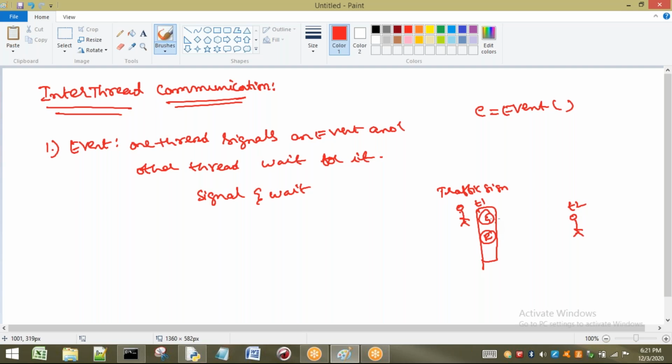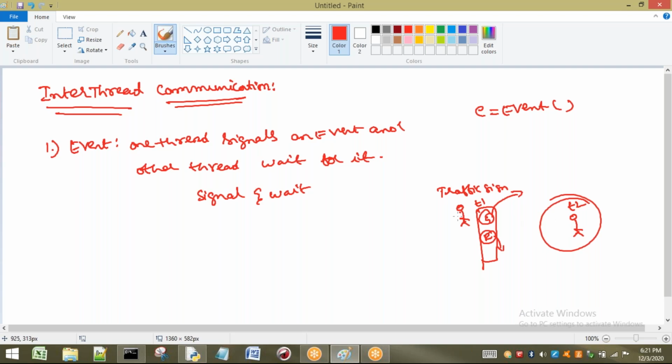The vehicle is going to wait here because the signal is red color. Whenever it gives green color, automatically the vehicle is going to move.